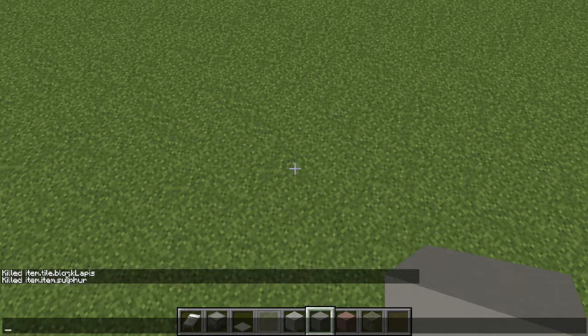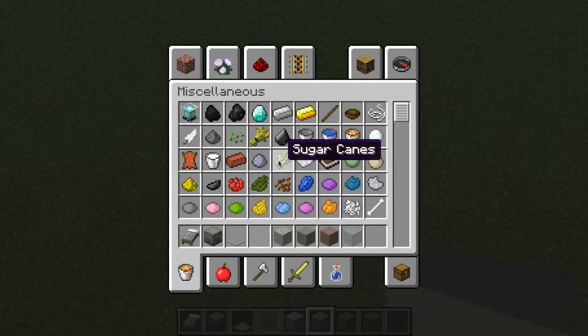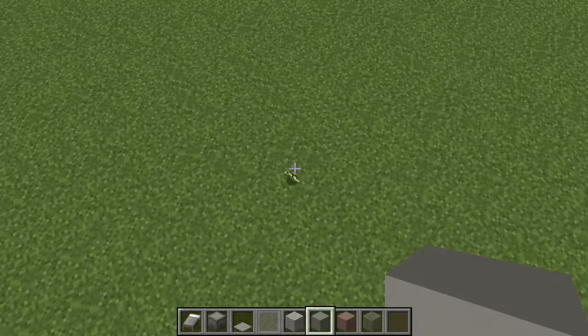So this means that there are all sorts of cool little item names left behind in the game code that you don't usually see, but that we can find by killing the items, and I'm going to go through some of the interesting ones today and tell you a bit of their stories. So let's get started. Next I would like to talk about sugar canes, and if I throw these sugar